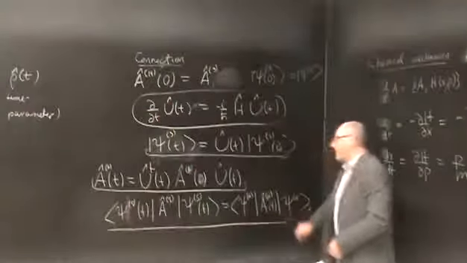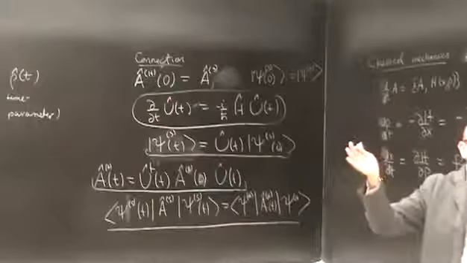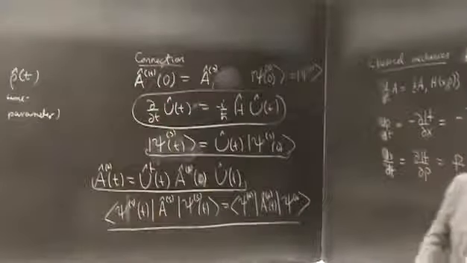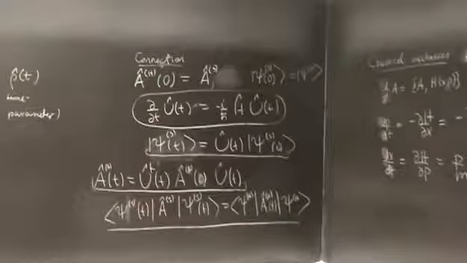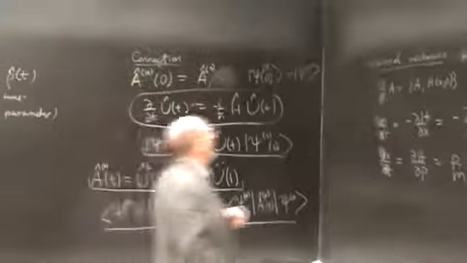It's just whether you shove the time dependence on the operator or on the states. They have conceptual differences, but at the end of the day, it's matrix elements that carry the physical predictions, and so it doesn't matter which picture we use. All right? And one of the things about the Heisenberg picture is that